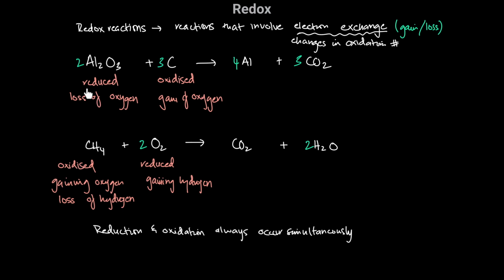Aluminum oxide is the oxidizing agent. The species that undergoes reduction is the oxidizing agent. So this is the oxidizing agent. It's undergoing reduction, and because it's undergoing reduction, it's causing something else to be oxidized. And then the species that undergoes oxidation is called the reducing agent. It's accepting the oxygens here, it itself undergoes oxidation, it's causing something else to be reduced. So we can say that carbon here is the reducing agent,